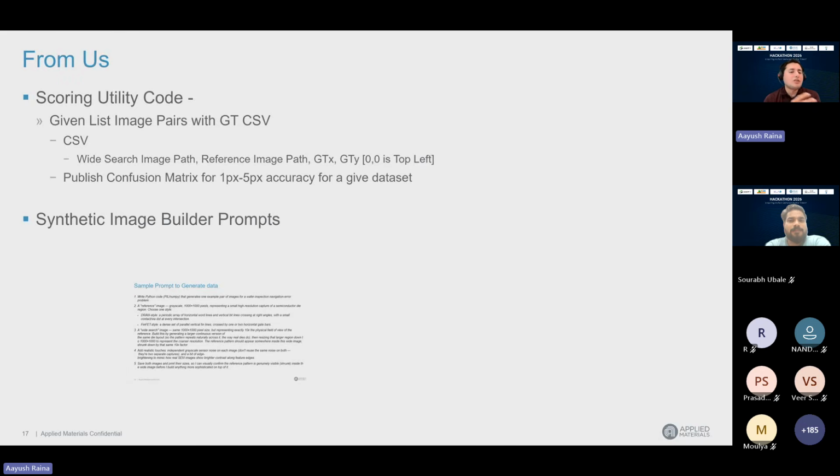Somebody is giving a confusion matrix, another person is giving a confusion matrix, and the question may come up: are we being fair to them? This utility will make sure of it, because it is our utility, somebody from us will write it, and it's very clear how we want to evaluate. We'll see the images, and we'll see the confusion matrix, how it looks for different noise levels on your data set and our data set. With that, we can conclude fairly for all people. It will be purely fair and very transparent. You will get the scoring utility code also.